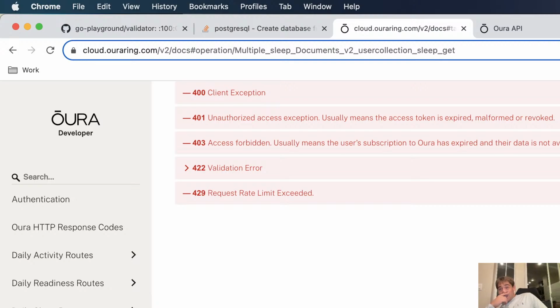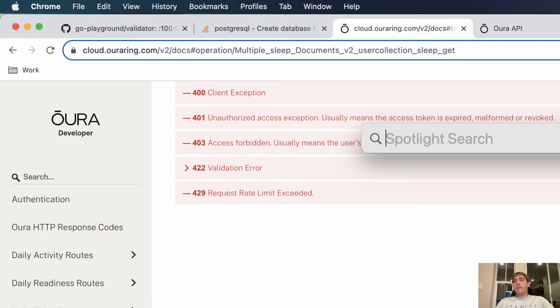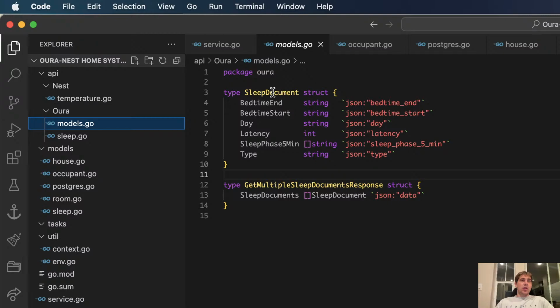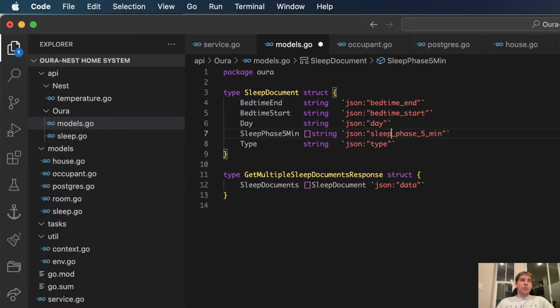I think that's fine. Yeah, so let's grab those four for now. I'm just going to say sleep document, bedtime end, bedtime start, day. I don't need latency. So I already got a lot of this, which is nice.